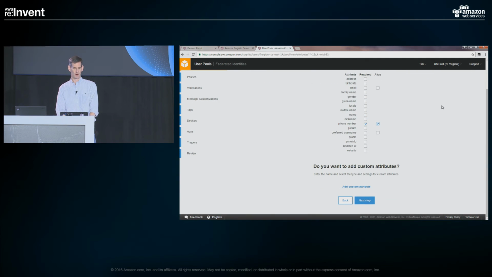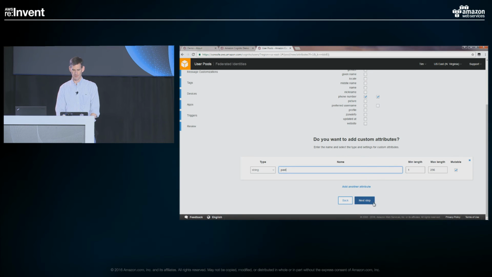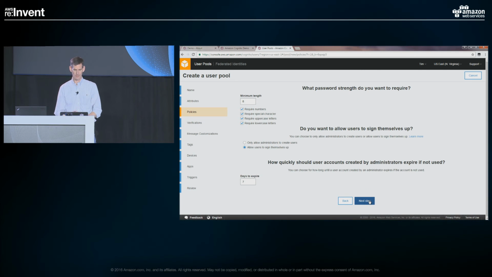And those are just the standard attributes. You can add other attributes. So say if I wanted to keep track of which of my users are paid users, I could add that attribute, or other attributes, up to 25. And then you have some other settings in the Policies tab. So we've mentioned the ability to customize the password strength. You can decide based on your type of application if you want to make it easy or higher standard for passwords. You can decide things like whether or not you want to allow users to sign themselves up,